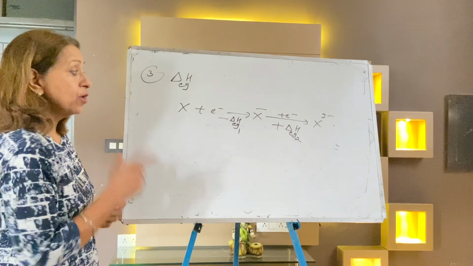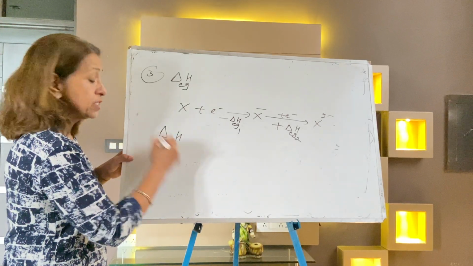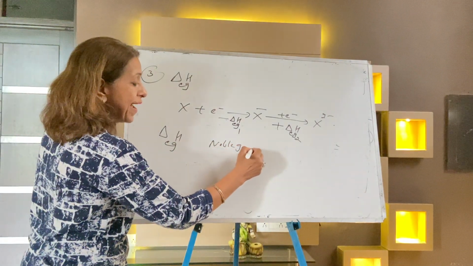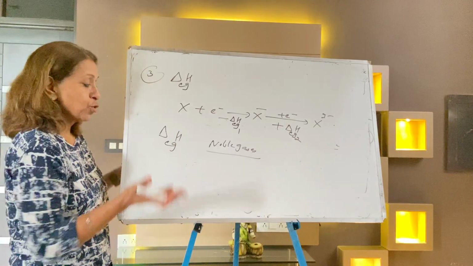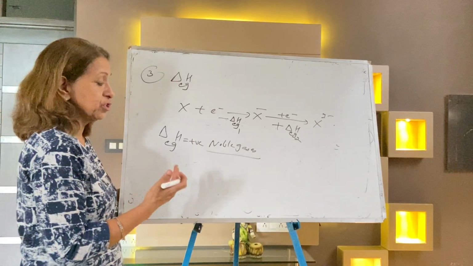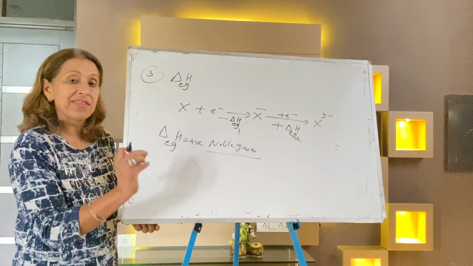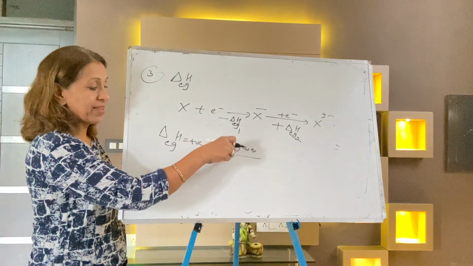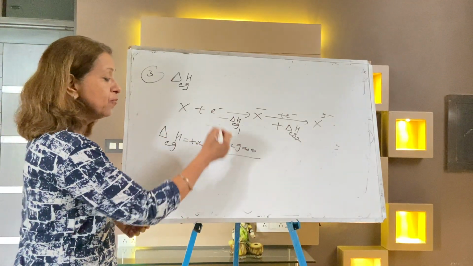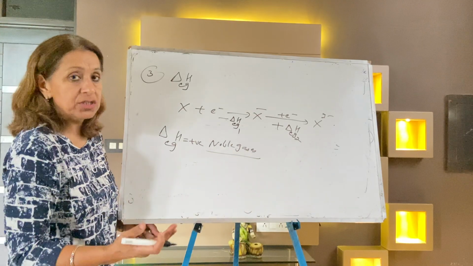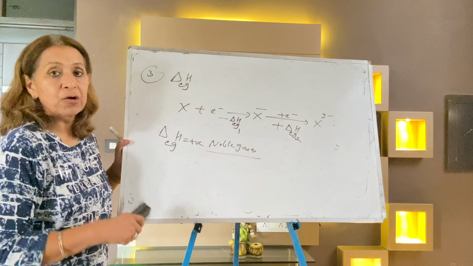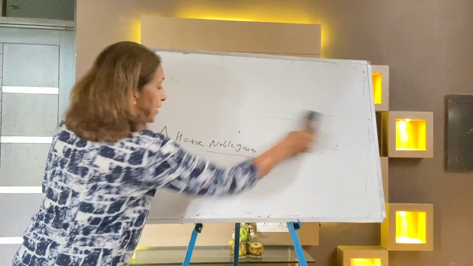Now the electron gain enthalpy of elements with very stable configuration, like noble gases. There is no need to add any electron to noble gases, because they are already filled. So noble gases have a greater positive value of delta Heg. Positive means it's very difficult to add the electron; greater energy is required to add an electron to noble gases, as there is no space. So noble gases have a highly positive value of delta Heg, and those configurations are very stable. Positive means difficult to add an electron. Negative means it is very easy to add an electron.